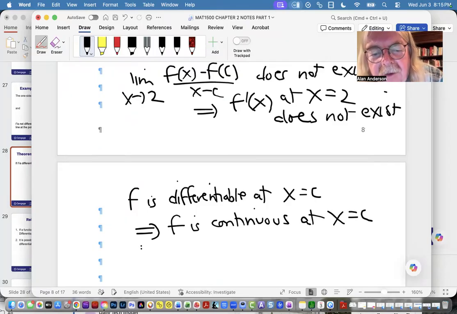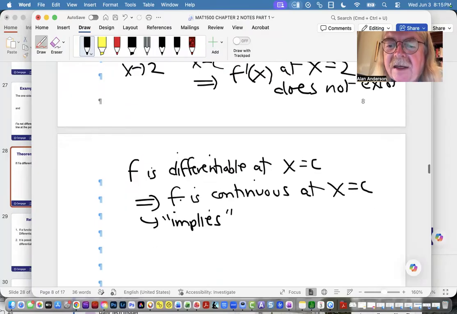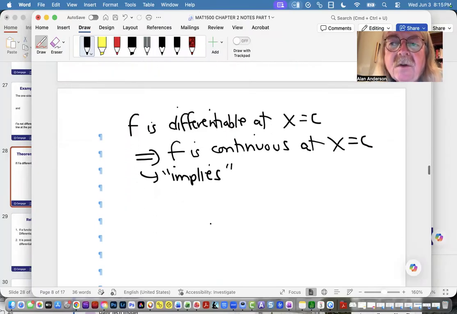So this little arrow, you see this all the time in math books. It's meant to represent the word implies. It's another way of saying if the first statement is true, then the second one is true automatically. But because it only goes one way,